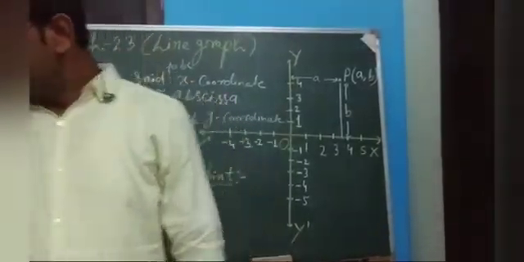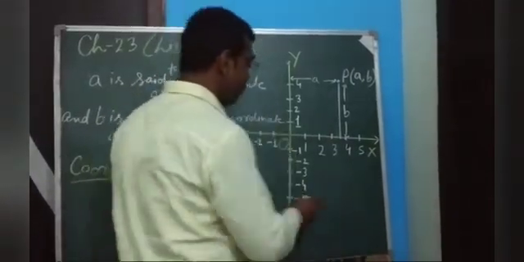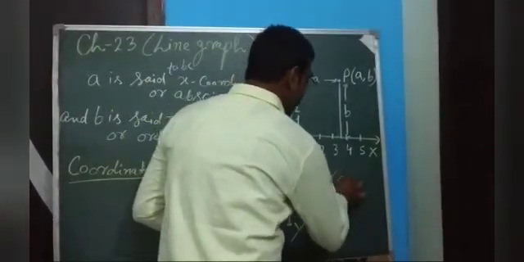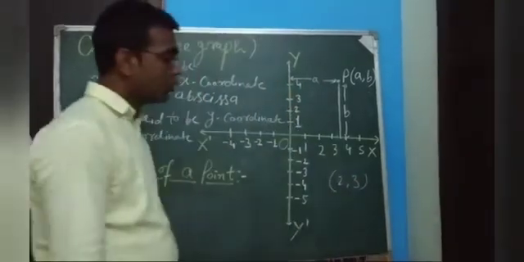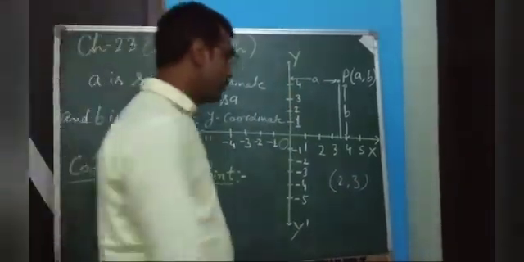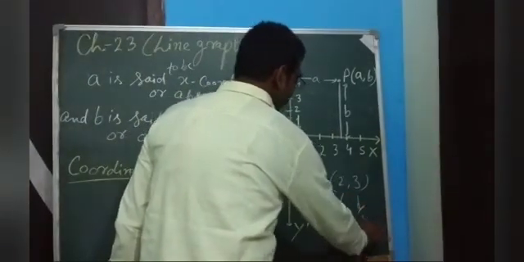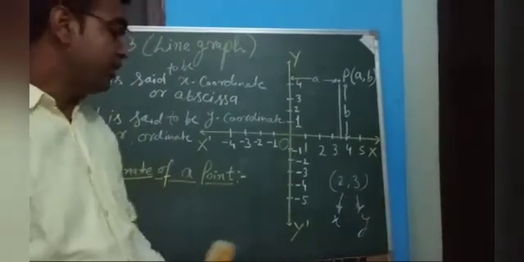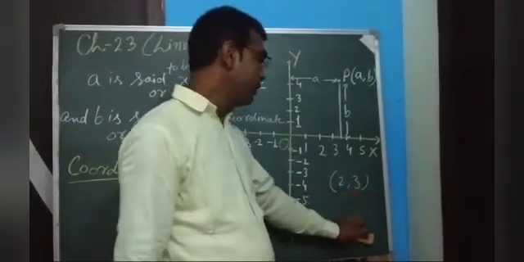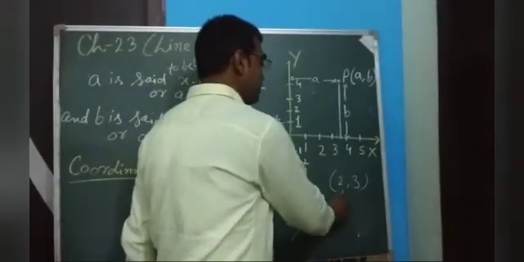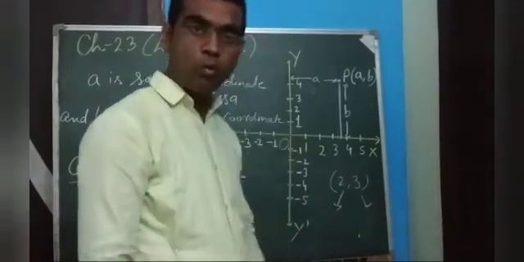Okay, try to understand, if I ask one question, what is the x coordinate of (2, 3)? Here one point is given, the coordinate is given as (2, 3). So here 2 is x coordinate and 3 is y coordinate. Understand? So if it is asked to find the abscissa of the following coordinate, then 2 will be abscissa and 3 will be ordinate.